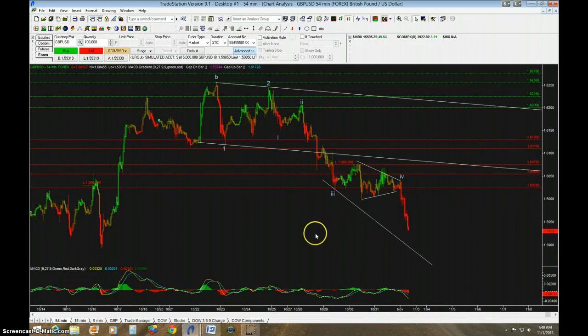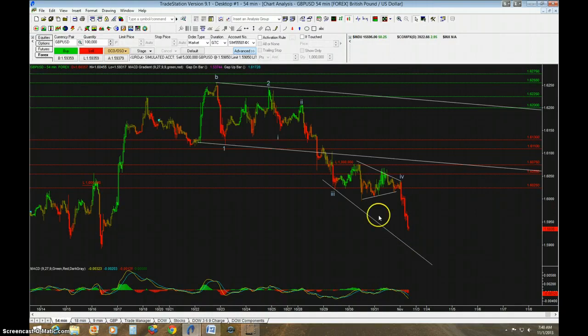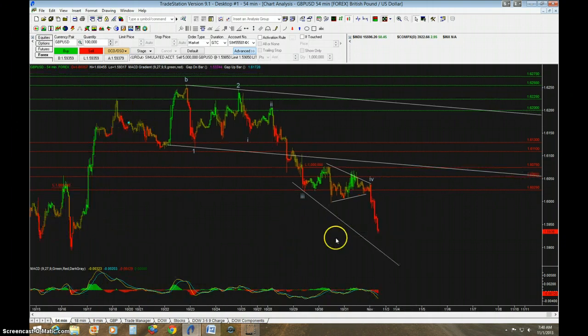Now, when it made this wave down, when you connect 1 and 3 and then move it to 2, that broke, for the channeling technique, that broke that line. So I then connected 2 and 4, moved it down to the terminus of 3, and this fifth wave is going to have to break this lower trend line before it ends, or highest probability that it will anyway, which will most likely take us below 1.59. When that happens, that will end the third wave. Okay, so we'll put 3 down here.